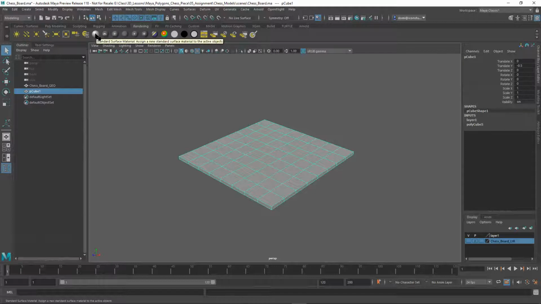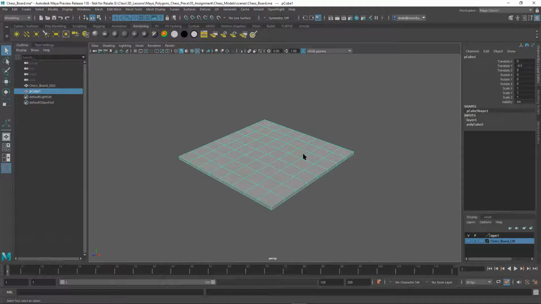This is the Maya standard material. This is anisotropic. This is blend. This is Lambert. Lambert is the default material that comes on Maya objects, and you'll see it's very dull. It doesn't have any kind of highlights or anything like that. This is Phong and Phong E. These are more plasticky looking. Each one of these has a bunch of controls inside of them. So I'm just going to put the standard